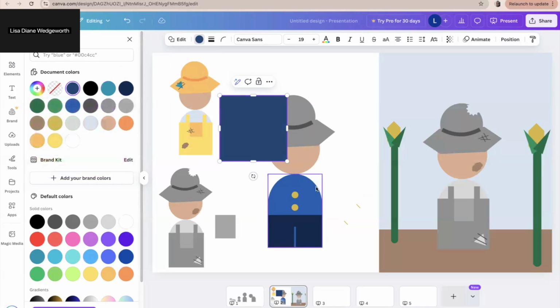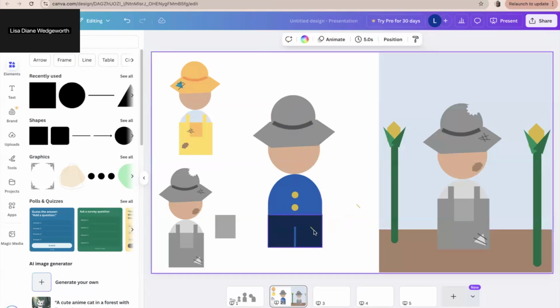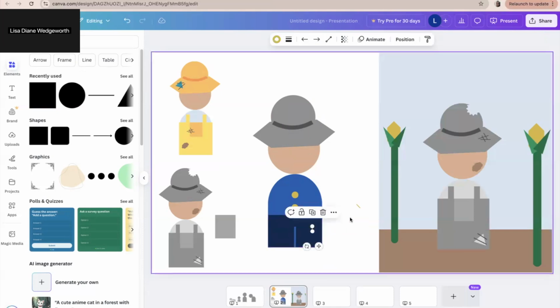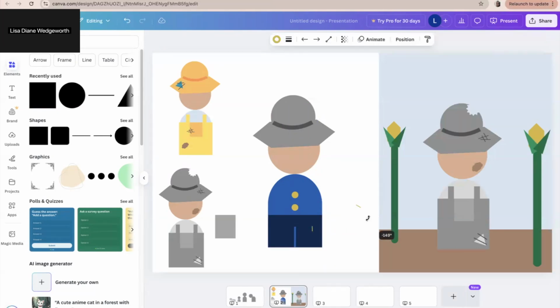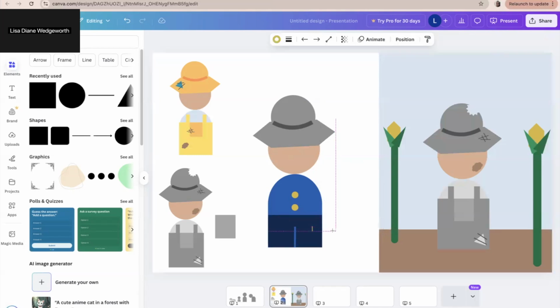Well, maybe what if we just use the thread? I like the idea of having this thread for a pocket. And maybe I just rotate it. I don't know yet. This is how we're learning. Does that work? I don't know. Maybe I'm just going to set these aside. There's something I want to do with that. But anyway,